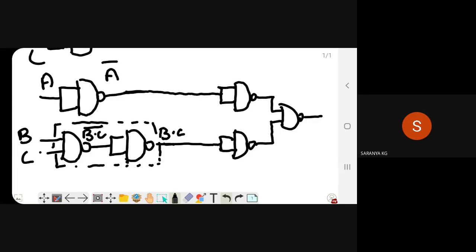Okay, so this is the NAND gate implementation of an OR gate.